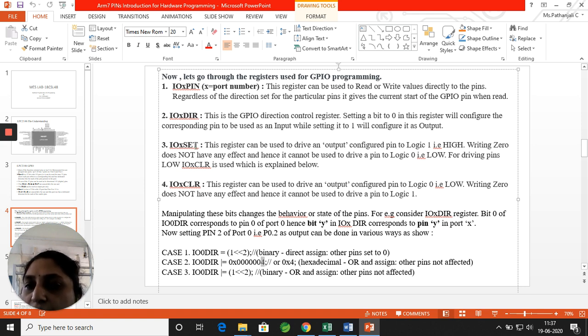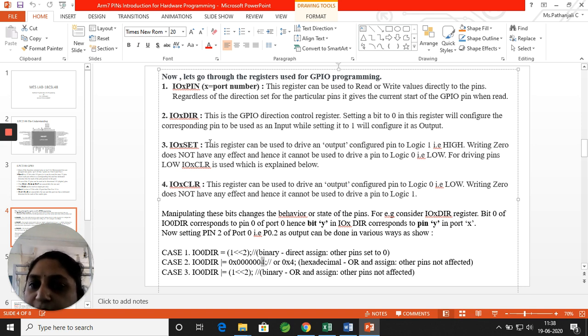Then coming to IO set pin, here again the same port 0 or 1 is what X indicates. Set pin is to make the pin high, the pin to be activated, by putting it as 1. To make it low or clear it, I'll make it as 0. So this is where set and clear come in: to give the value for that pin, we use set, and to delete the value from that pin, we use clear.